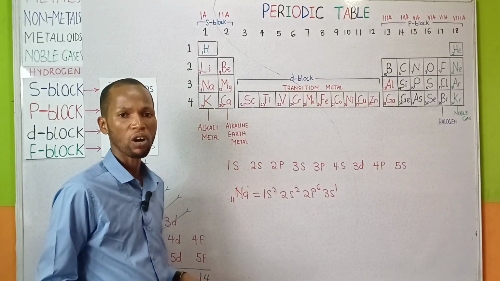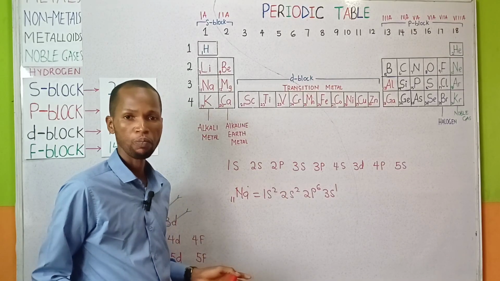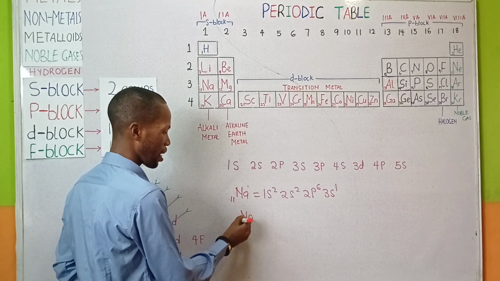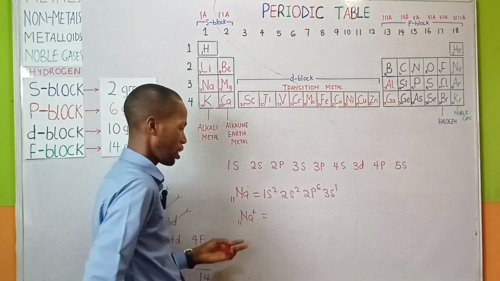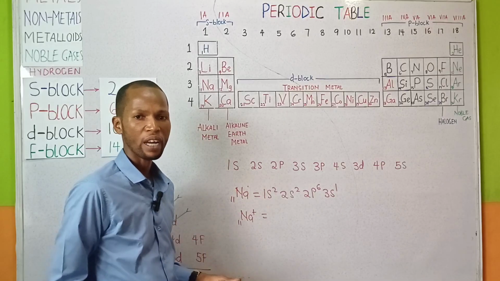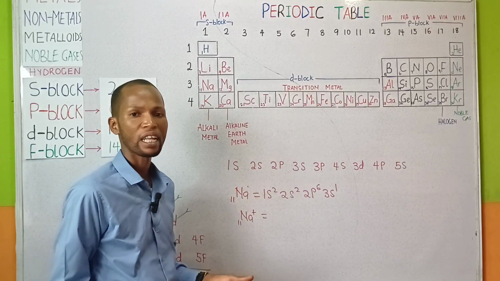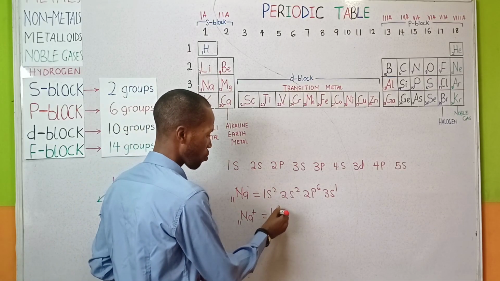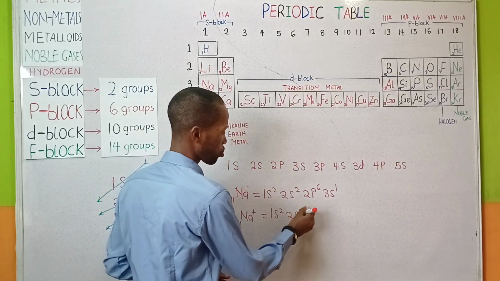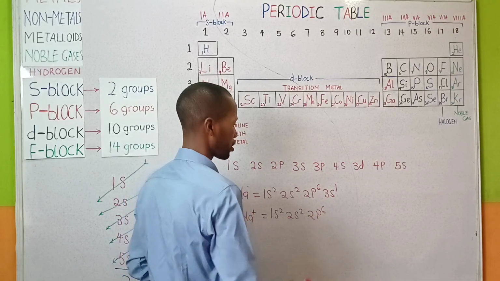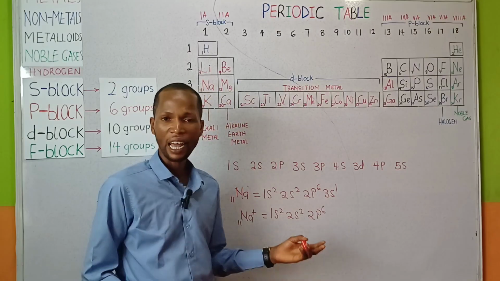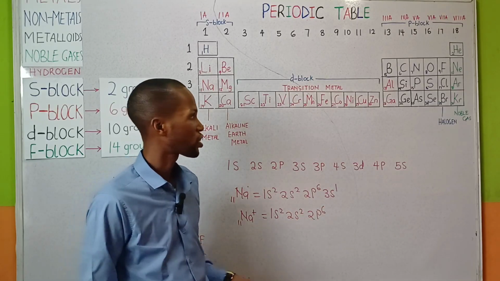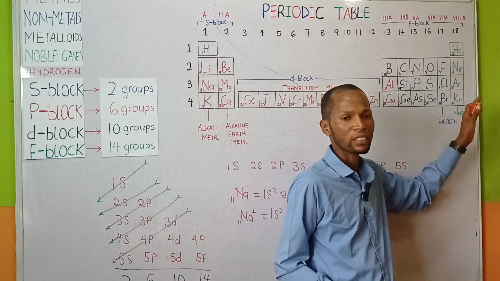That is the electronic configuration of the parent atom before the loss of electron. Now let us consider Na+. In Na+, we have loss of 1 electron, which implies that we are writing electronic configuration for 10 electrons. We have 1s2, 2s2, 2p6. So when an atom loses an electron, it assumes the electronic configuration of the noble gas,